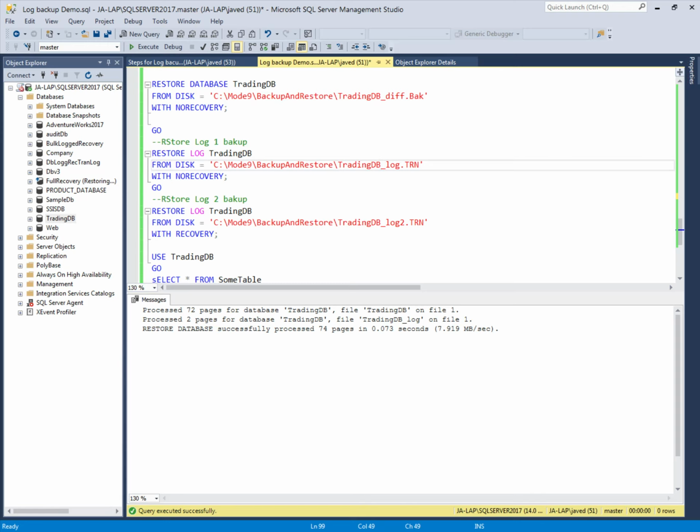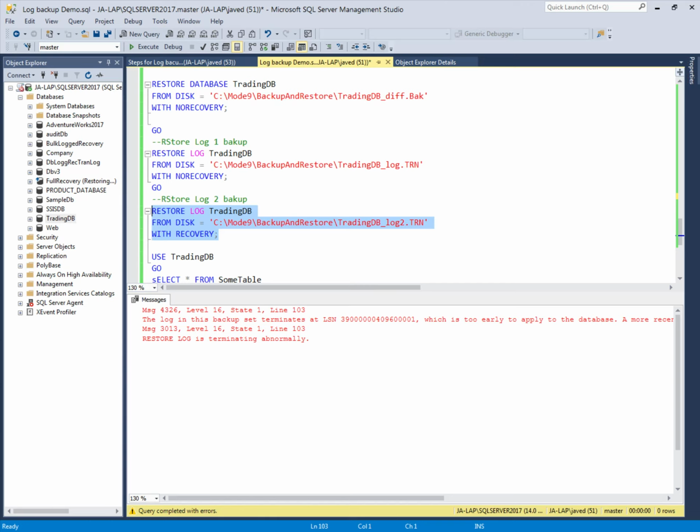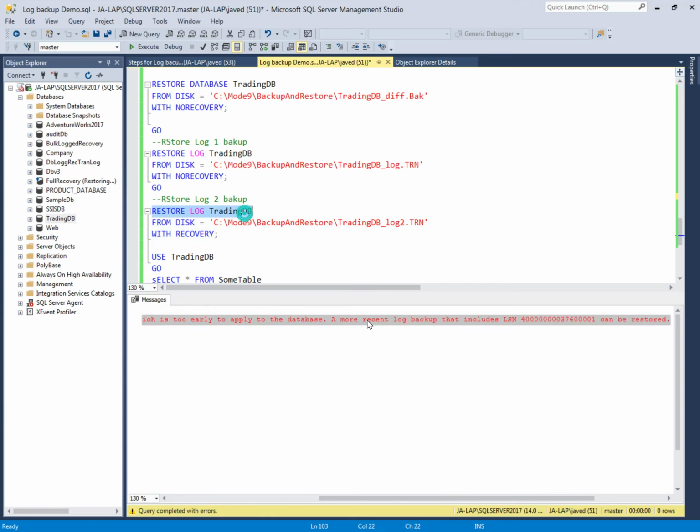In the case of log backups, if I try to restore only the last log backup, an error will come. So let's see what error comes. It's saying the log in the backup set begins at this log sequence number. The system is maintaining the log sequence number.